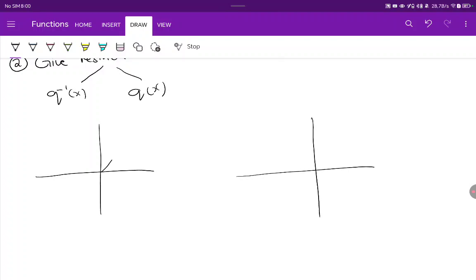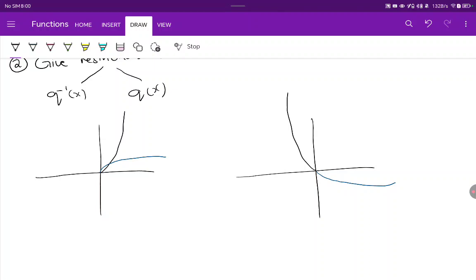If your graph goes like this, then your inverse of the graph will go like this. That's one scenario. Okay. Your second scenario would be if your graph goes like this, then your inverse function will go like this. Okay. And you need to be able to put those restrictions in writing. So if we restrict on the first option,